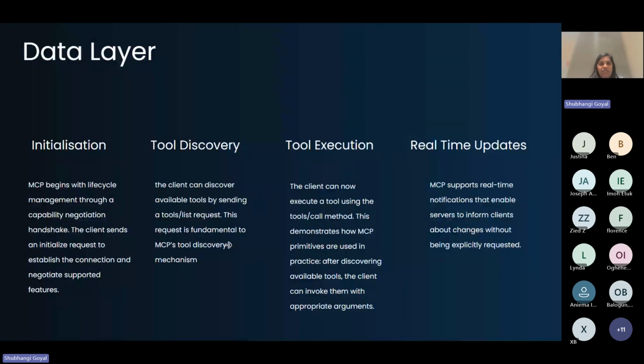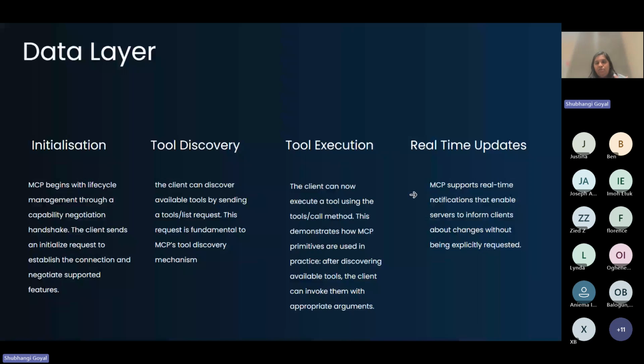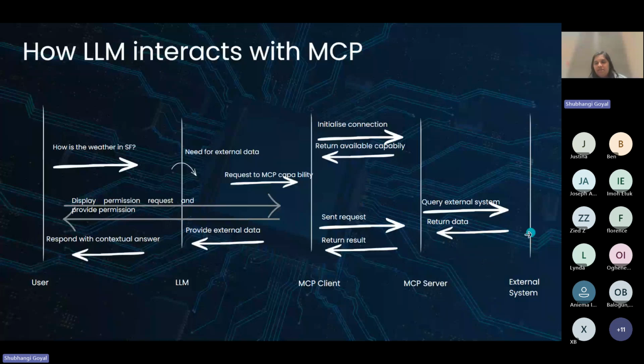So we have, for example, the initialization phase. This is where that whole setup is happening. Then you have a tool discovery phase, which is basically this area. Here the LLM sends a request, the request goes to the MCP client, and then it goes to the server, right? Then the third one is the execution phase, where it turns that request into a tool call method, which happens here. And the last step is real-time update, where the external system supplies information. So this fourth step is parallel to how the LLM interacts with the MCP. This is how, in 5 different points, you can imagine how the LLM actually interacts with MCP.